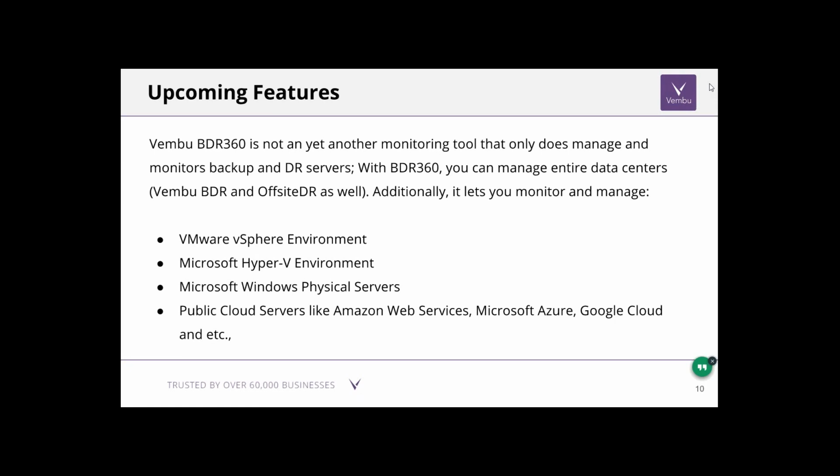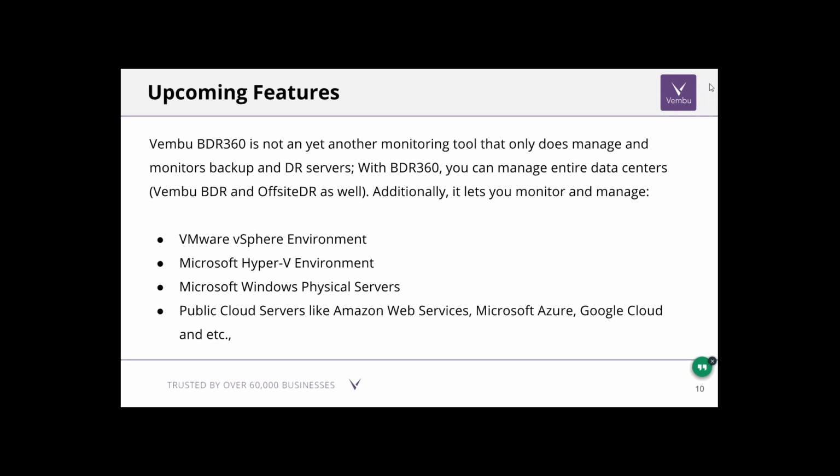From a centralized portal, you can simply monitor and manage resource utilization like RAM and CPU, and you can take action based on it. Most of your servers will be protected using Wembupedia or a suite of products, which can be a VM backup, image backup, network backup, or online backup. It doesn't matter. All that data will be listed under the Wembupedia 360 server, and you can manage it from a single place.